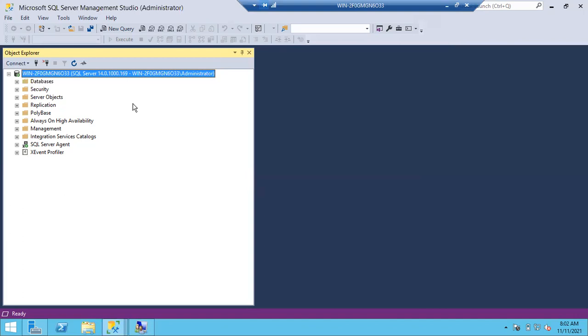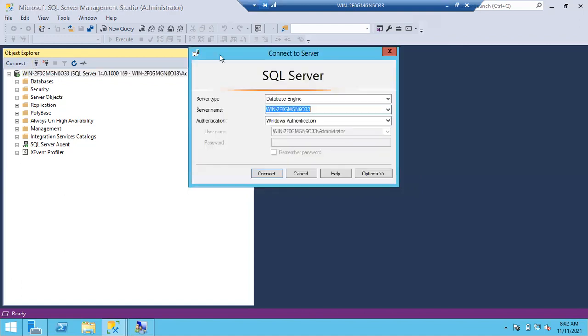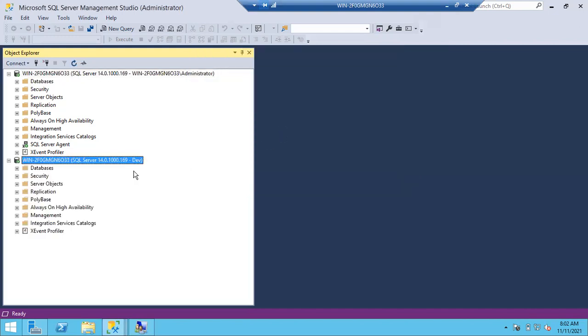But intentionally I chose Windows authentication, because you have to know how to convert from Windows to mixed mode authentication. Now you can try the Connect button, choose SQL Server authentication, give the name as Dev and 1, 2, 3. If you click Connect, now you can see it is connected.